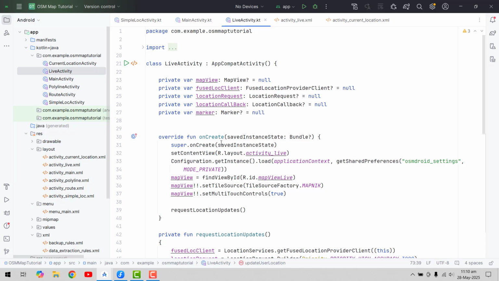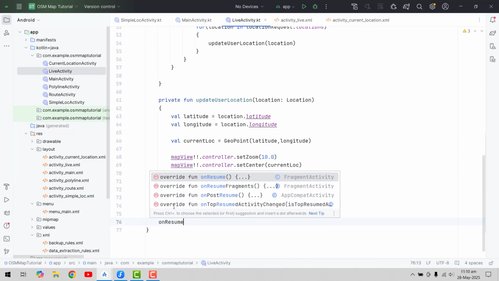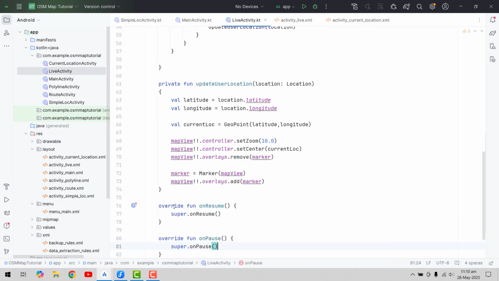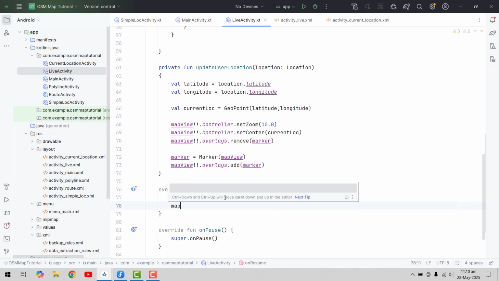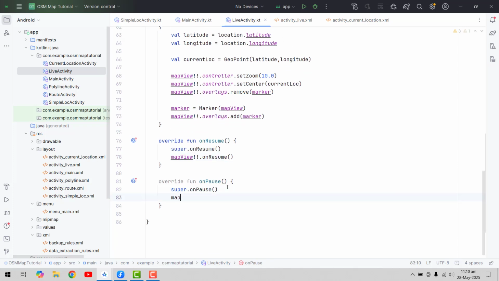Okay, so here after that let me just write the override the method on resume, and then we have the on pause, and inside our on resume we can say map view dot on resume, and similarly inside our on pause, so we can say map view dot on pause. All right,